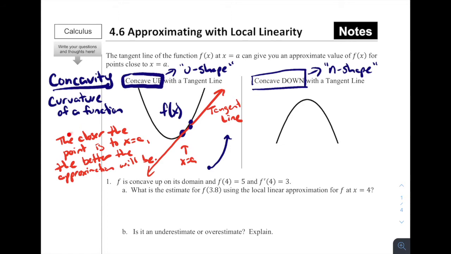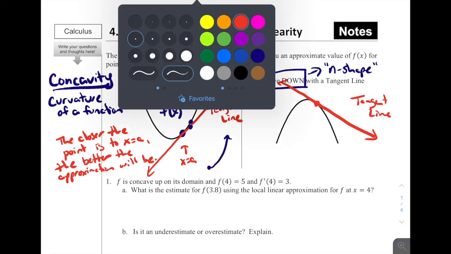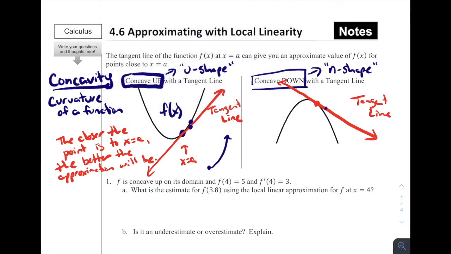So in general, the closer the point is to x equals a, the better the approximation will be. In addition, this also works for concave down functions, right? If I were to pick an arbitrary point on this concave down function and draw that tangent line, we could similarly use tangent lines to approximate different points on this function. So for example, if that is the x value I'm looking at,